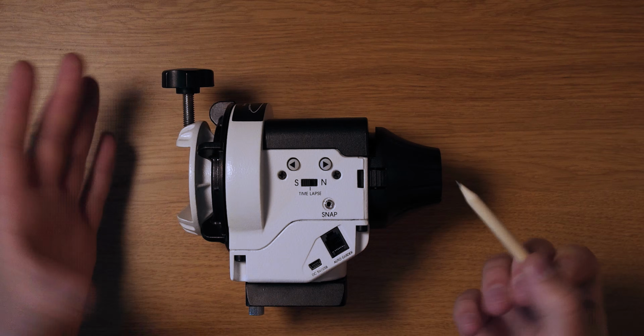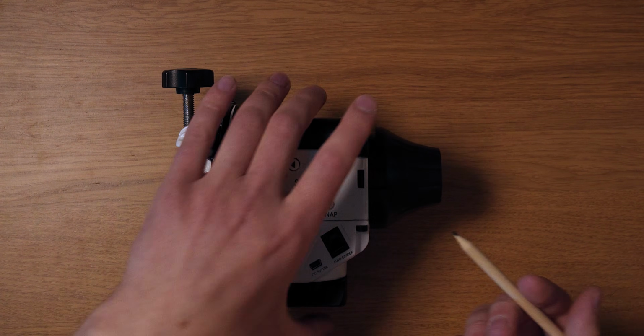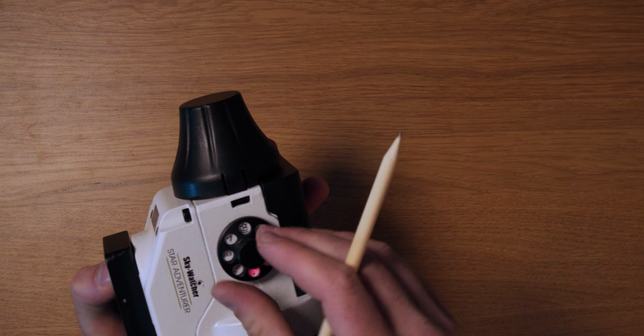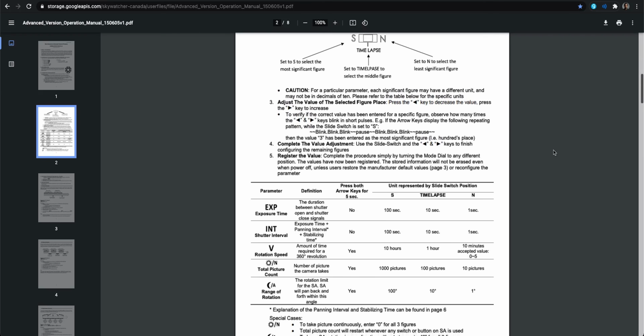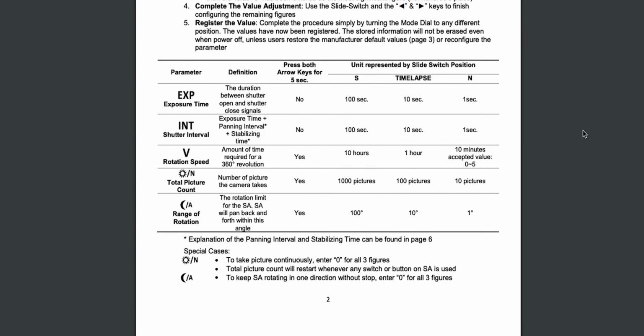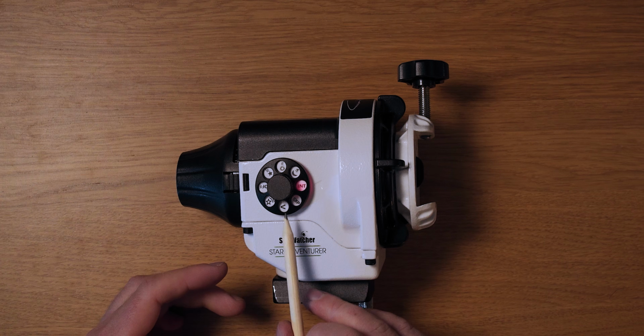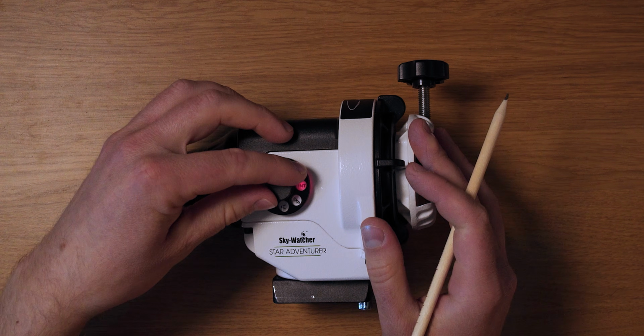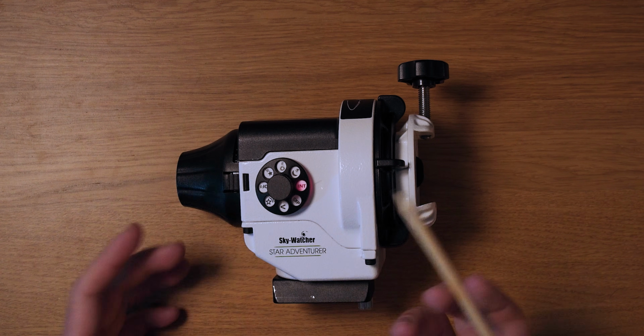And then of course, after changing the parameter, if you want, you can commit the change by just switching the mode dial to anything else. And you can look it up in the manual what those 3 digits mean for every one of those modes that you can configure. For instance, for the rotation speed, if I go to V and enable the configuration mode, again,